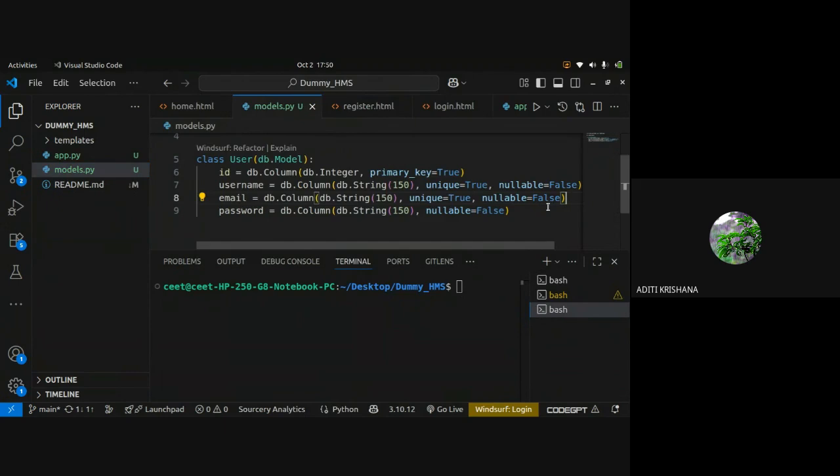Remember that whatever columns you have made inside your models.py should be present in the form tag at the time of creation. Inside the form tag, those fields should be present. So now you can see I have created username, email, and password. What is ID?